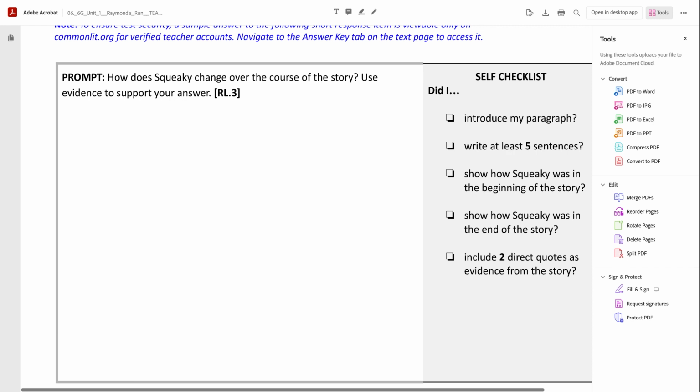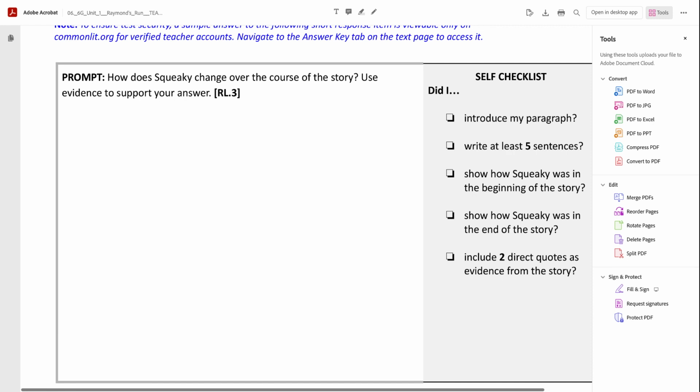Okay, now this could be enough. This answers the question, but if you really want a complete and really good paragraph, I want you to also talk about how she changes her opinion of Gretchen. So if you want to turn this in the way it is, that answers the question, that's fine. But if you really want to have the best score you can possibly have, I also want you to talk about Gretchen. So I'm going to continue on.